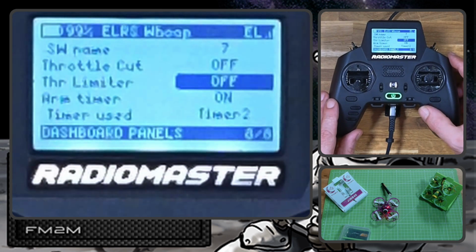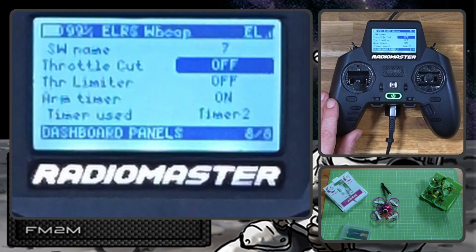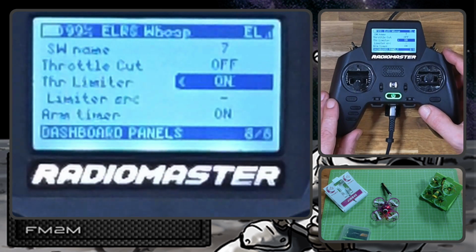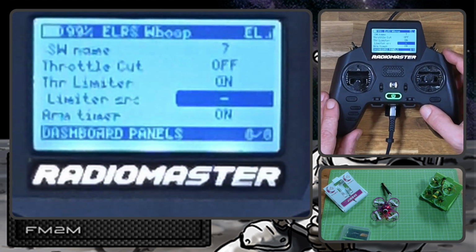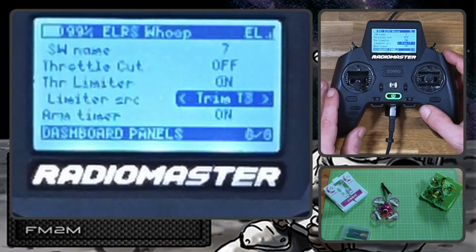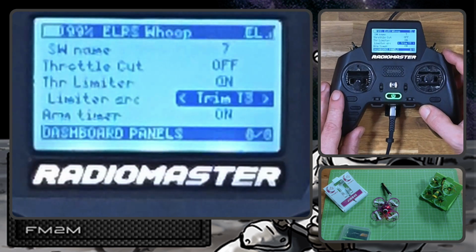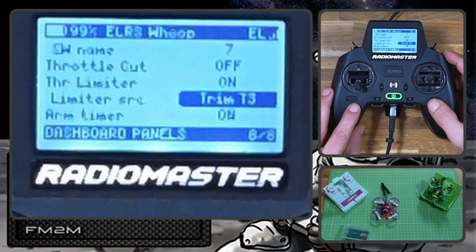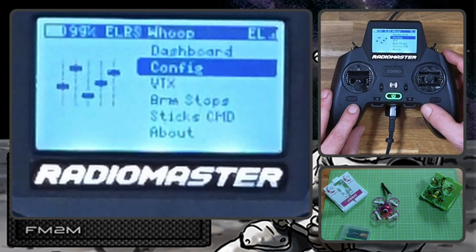But there will be indicator to show you that throttle cut is on. But of course, throttle limiter, it was always here, so let's switch it on, and I have my throttle limiter on trim third, on my trim here. Okay, so now if I go back to dashboard,